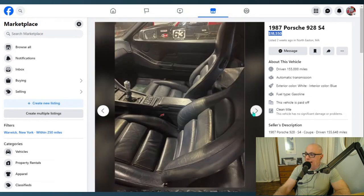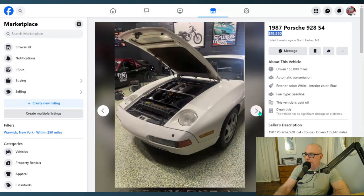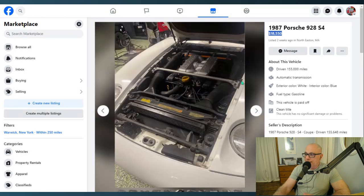This car does not have the rear air conditioning. That was another option that they had for this car. I don't see it in the photos, but some of the photos are very limiting for what we can see and can't see. On the engine side, I'm not seeing any